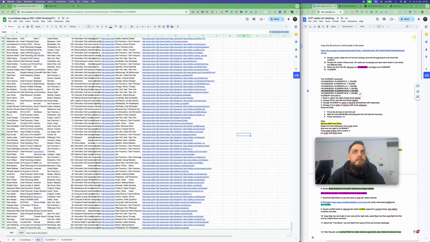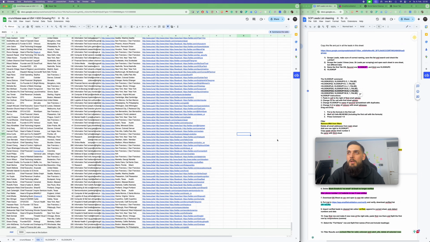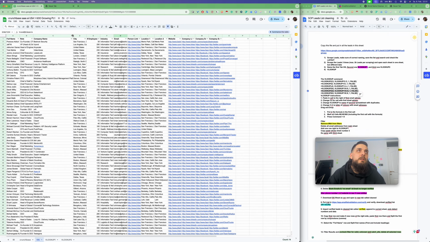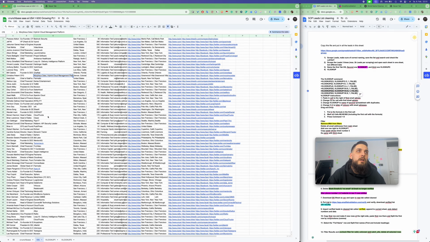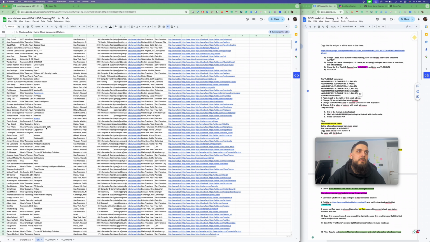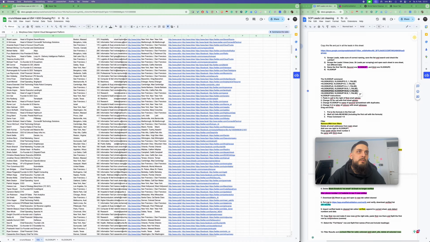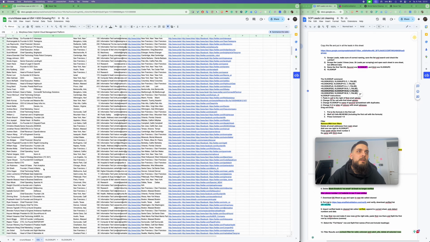That's awesome. The next thing that we need to do is we need to validate all of the email addresses before we send any emails to them. And what we also want to do is we need to format the company names, because as you can see in the company names here, sometimes you have unnecessary information like here, or you have things at the end like here, YC S21, or you have like Technology Solutions, Limited, Inc., and